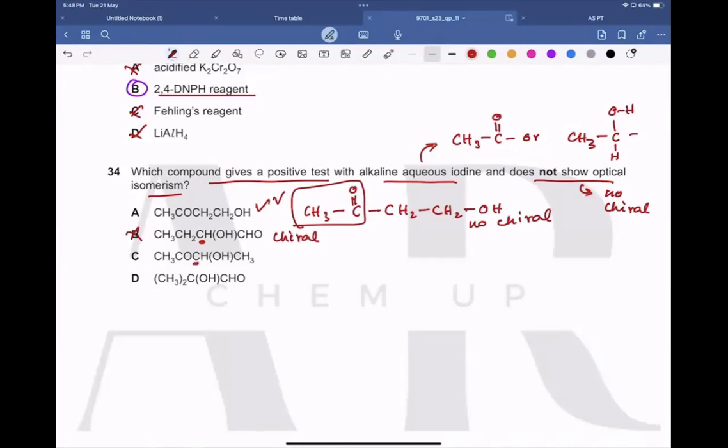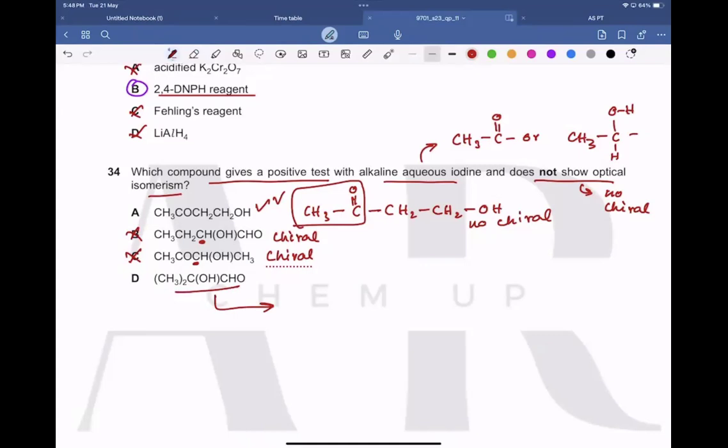And if you see this carbon, it is also a chiral carbon. You can draw it open, draw the displayed form, and you will find it's a chiral carbon, so it goes wrong. And if you see this carbon, it's not chiral. Okay. So if I draw this, let me show you guys. So there is no chiral carbon, but